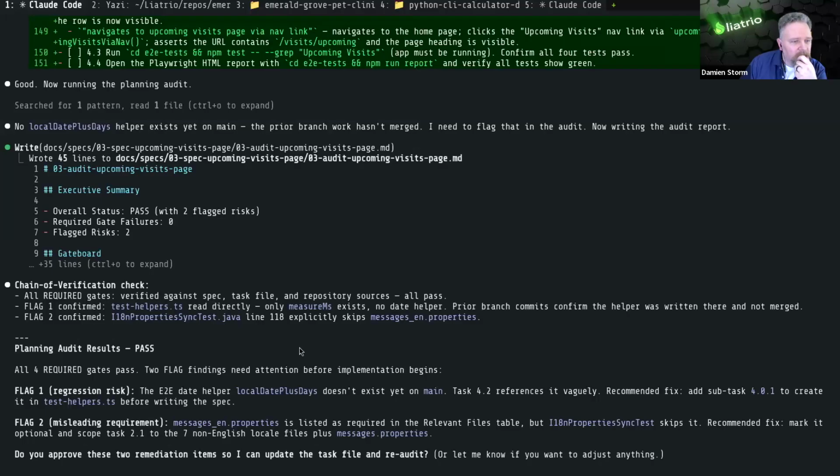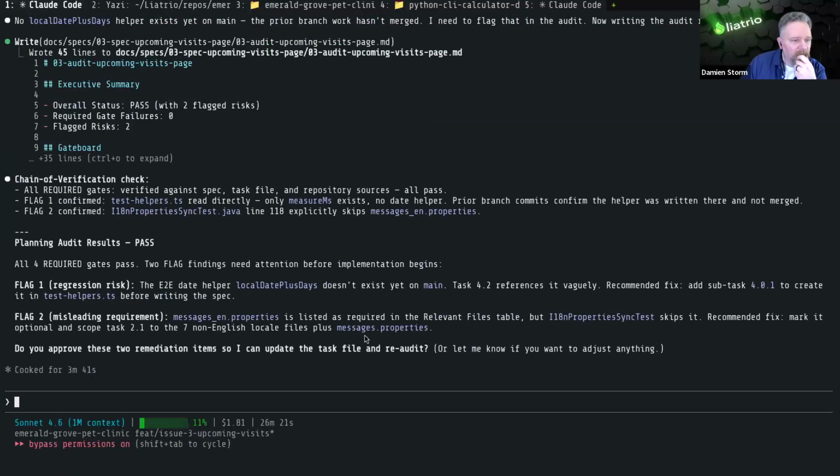Okay. Select file. Yeah, we've got a few things that it needs to do. The gate's passed, but there's a few things that it wants to tweak and make it better. Okay. Yeah, it's found a clarification about the end-to-end test and like a helper that might be necessary, because